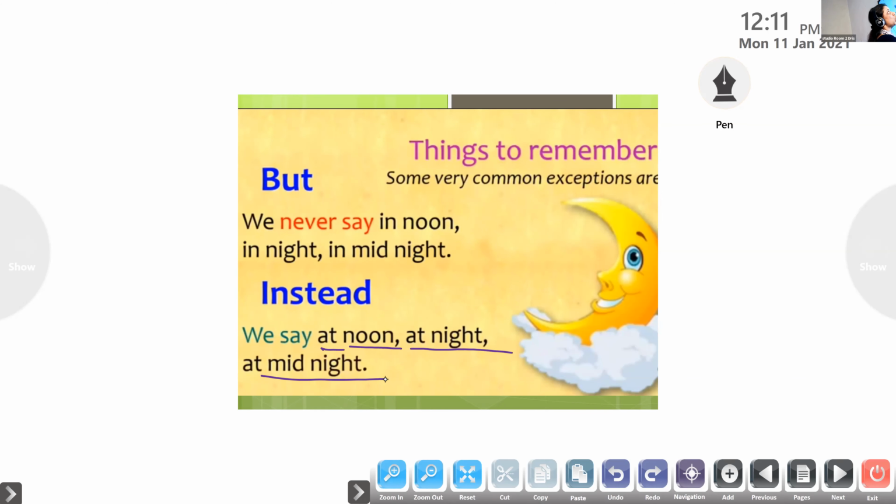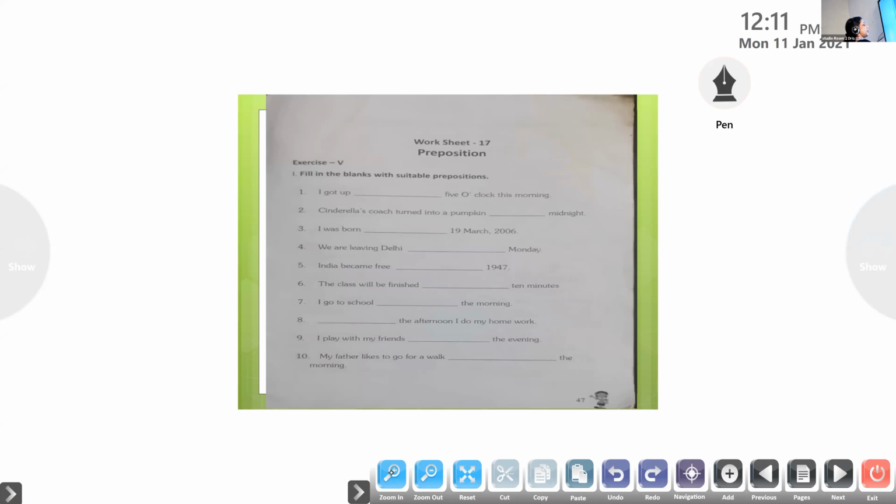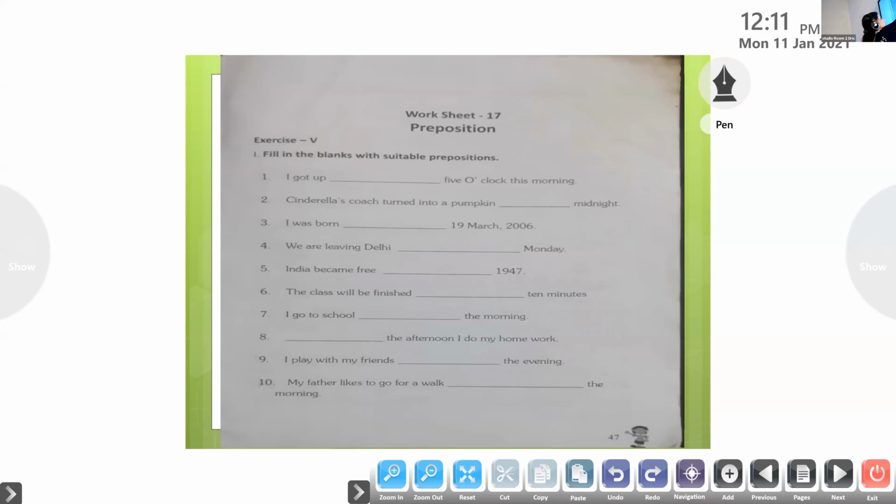Okay, so keeping all these things in mind, let us move on to the exercises which are there on page number 15. Okay, this is an old book. Page number 38. Please do take it. So, are you all ready? So let's move on to,